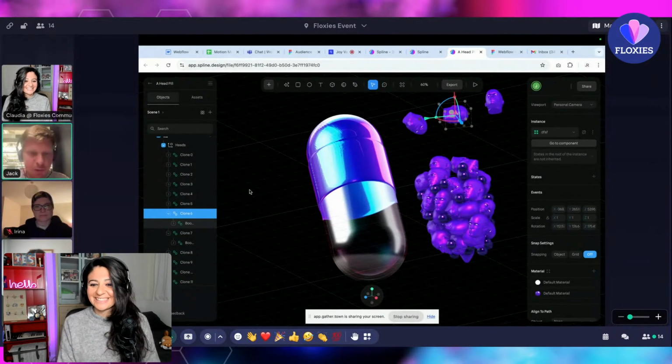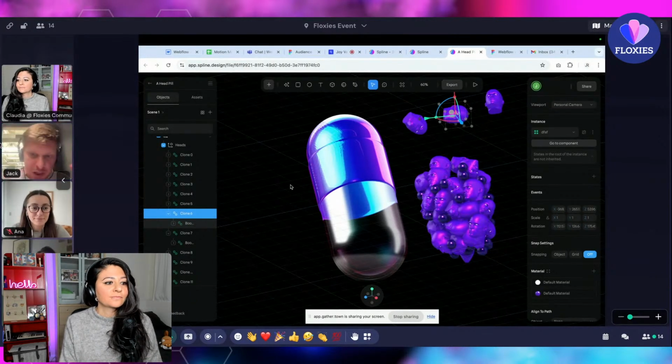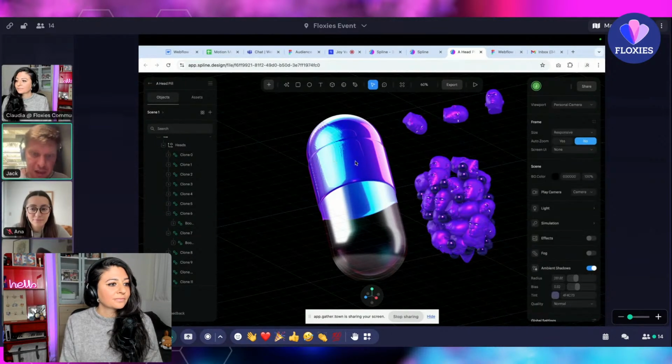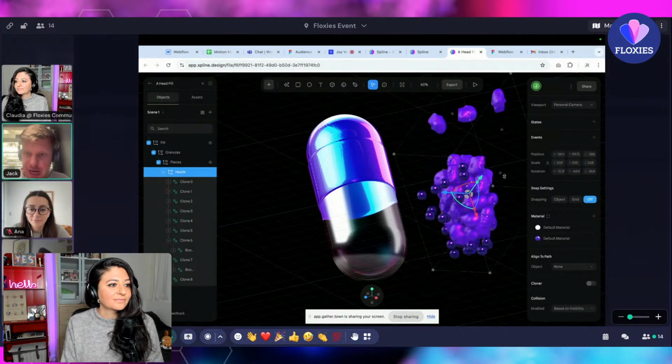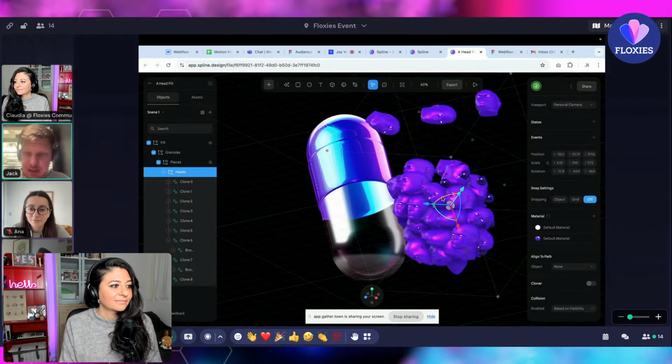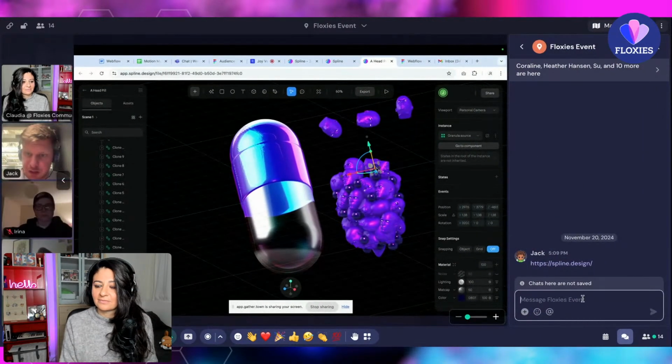So number one question I get asked about Spline: how do you learn Spline? Success leaves clues. Okay, find people that you like in the community and then remix their work, and you can literally deconstruct how they've done stuff. Okay, so they've got these balls, and you can see if we separate this, whoop,